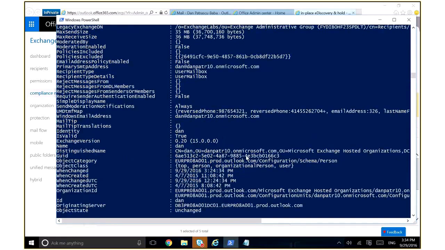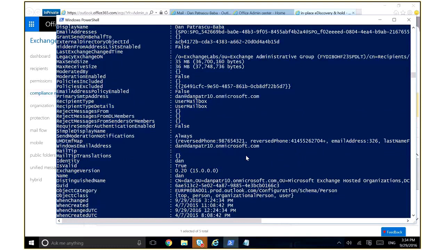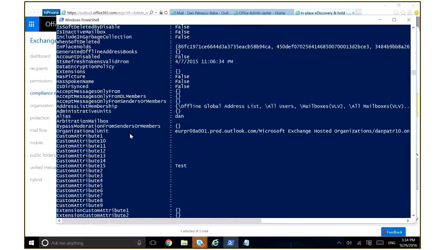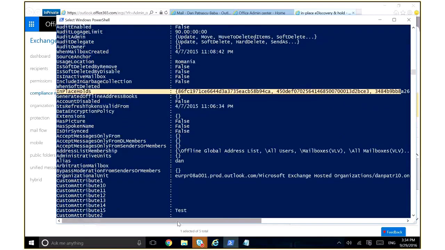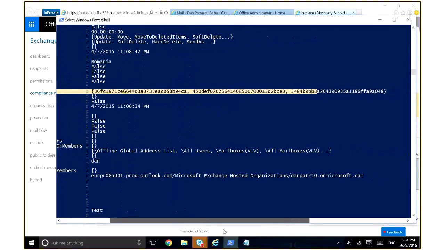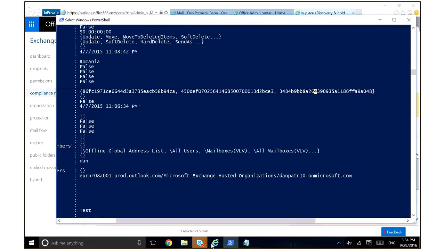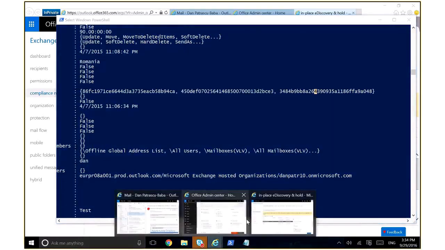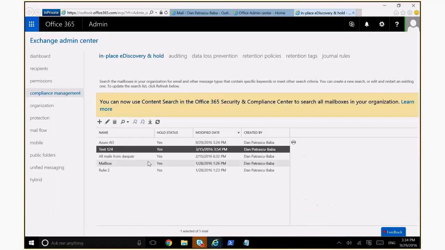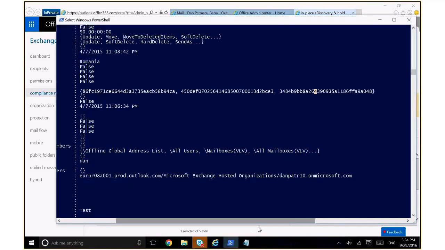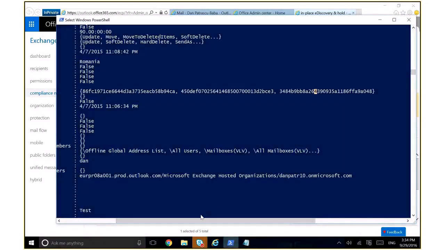It should be here, in place holds. So we can see here, for example, that this mailbox is put on 1 hold, on 2 holds, on 3 holds, which is really correct, because, as I already told you, this mailbox is put on this hold, this one, and this one. So we have this mailbox that is put on 3